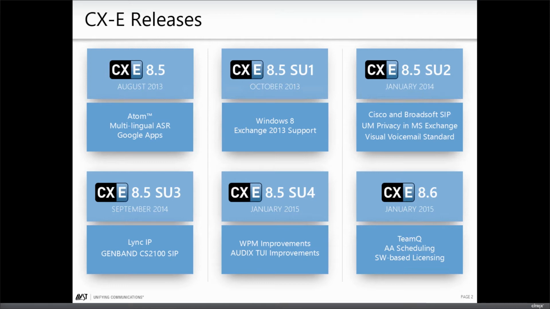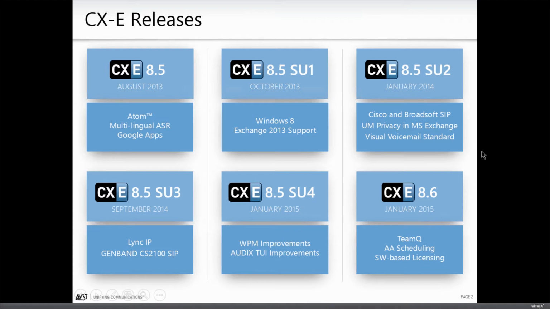And then we did in January come out with 8.6. 8.6 Software Update 2 is already out, which added a number of things, capacity and a couple of other things. And like I said, 8.7 is rolling down the road. So it's a pretty busy world at AVST releasing software, and we do these presentations in hopes that you can keep on top of what it is so that at least everything sounds familiar